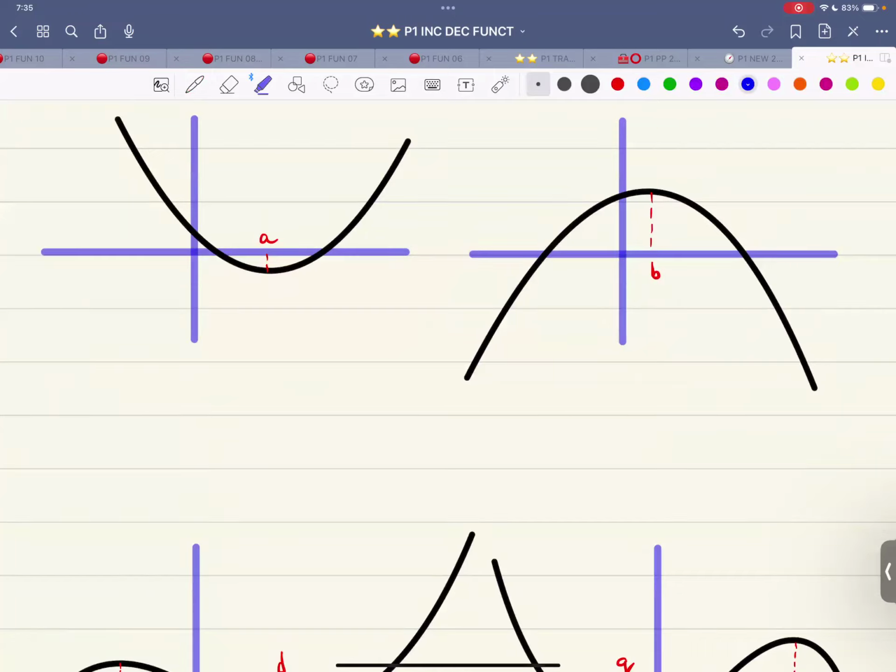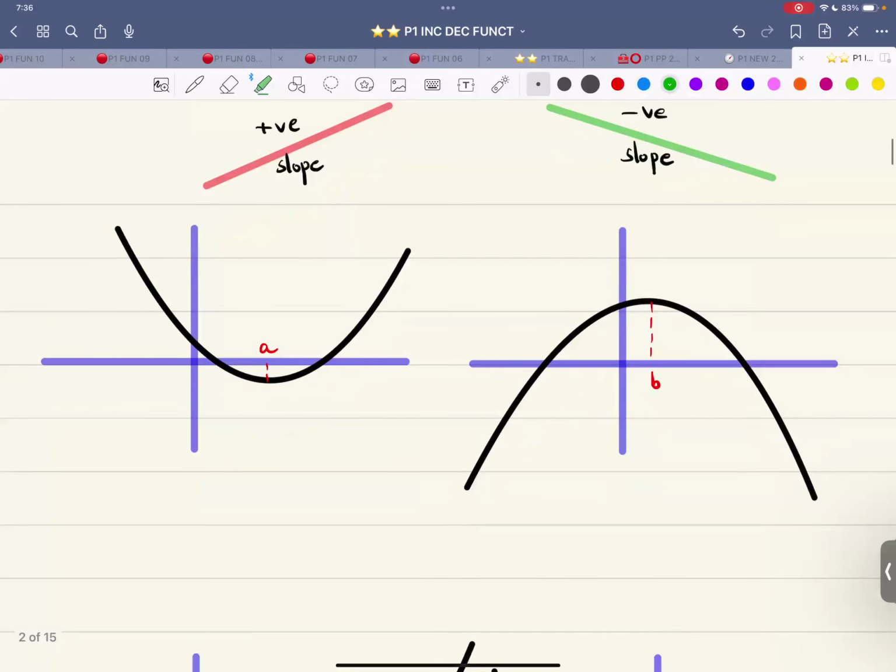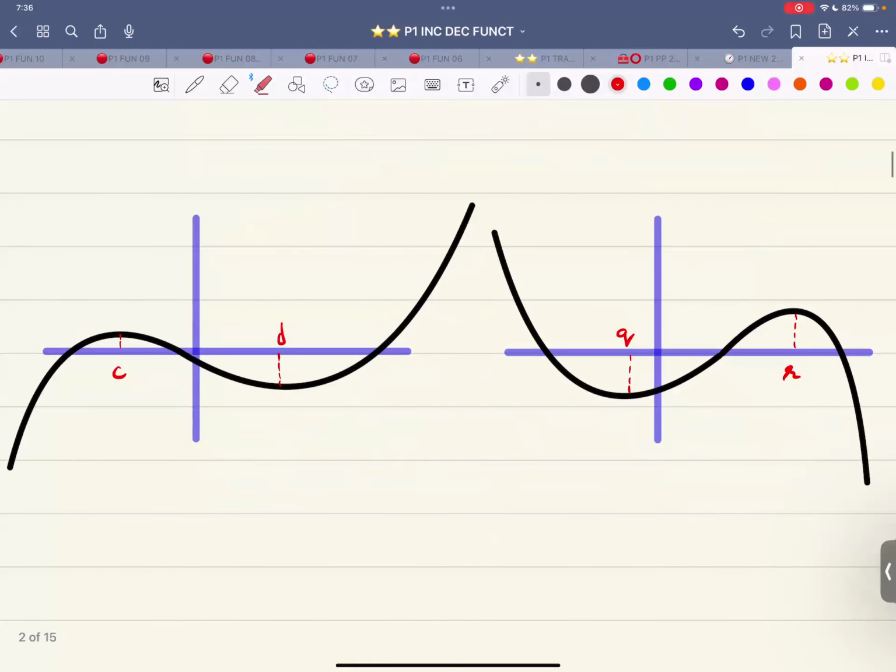Now, if I draw some lines with a positive slope, so this is a line with a positive slope, and the green line is with a negative slope. So this is positive slope. This is negative slope. And what we see over here is that this portion of the graph has a positive slope. Actually, positive is the red one. So this portion is positive. This has a positive slope. I'm just drawing some tangents. Let me draw another positive slope, and a positive